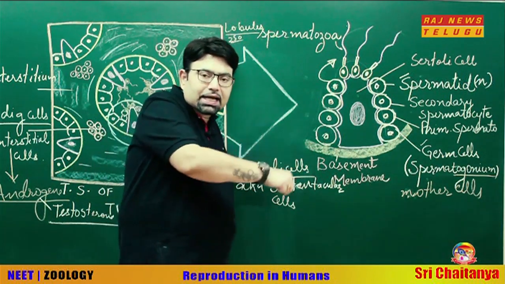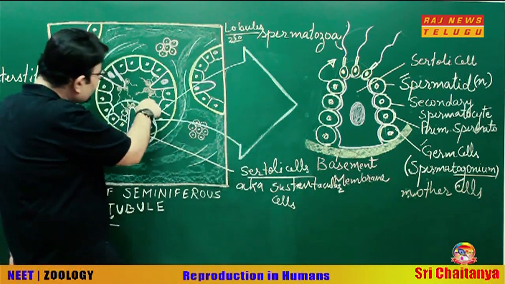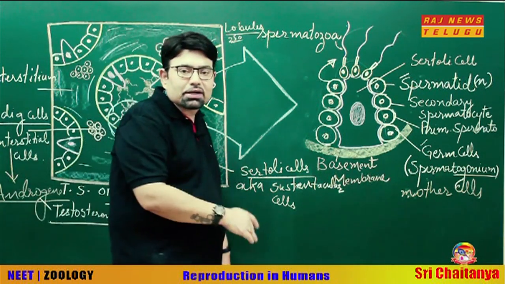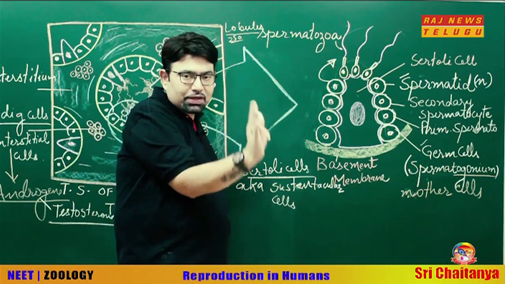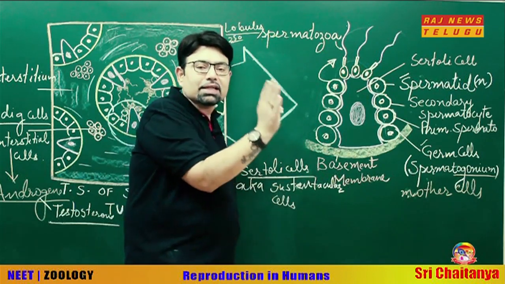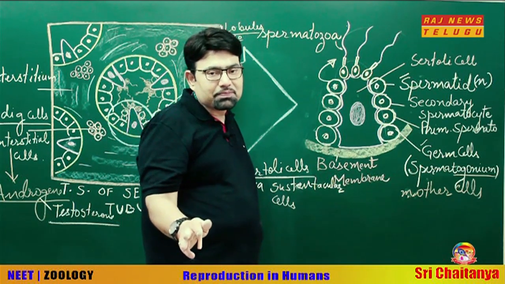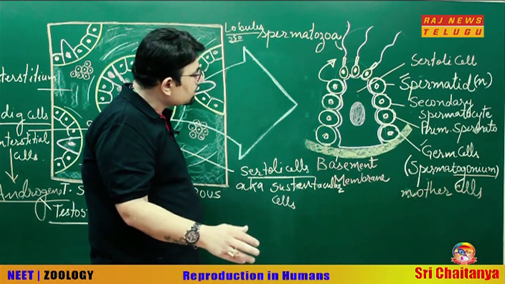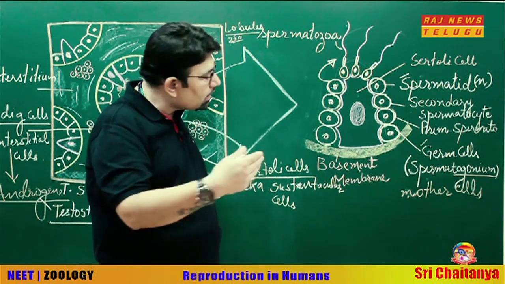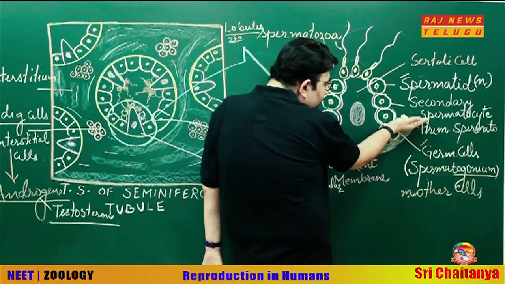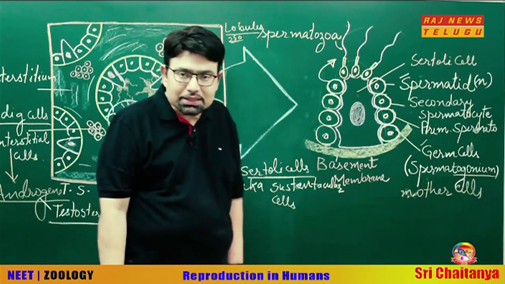Later on, they detach from the Sertoli cell, and then they are released out from the seminiferous tubule into the rete testis. Yesterday, we have seen the pathway of seminiferous tubule, then rete testis, then vasa efferentia, after that epididymis and the vas deferens. My dear students, in the topic of spermatogenesis, we will learn various steps, how they are formed, and what are the different terminology which are used in spermatogenesis.